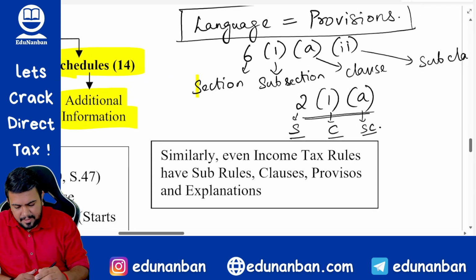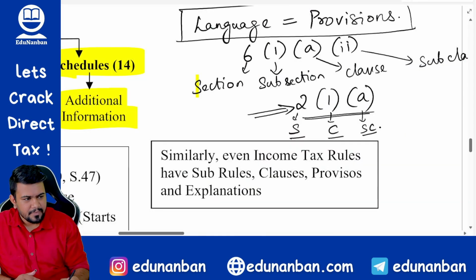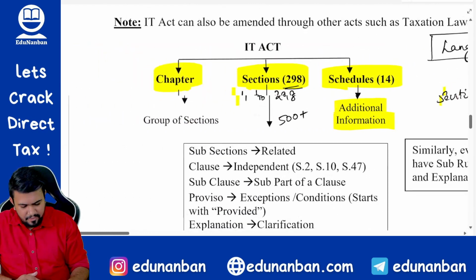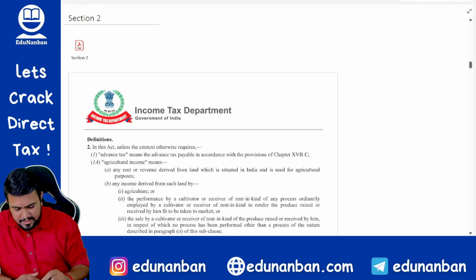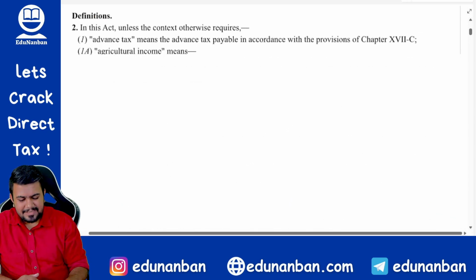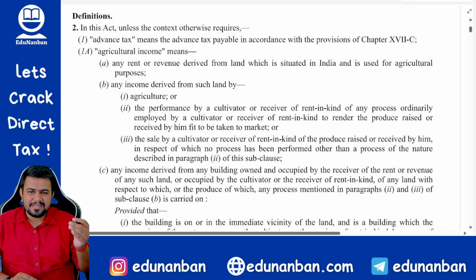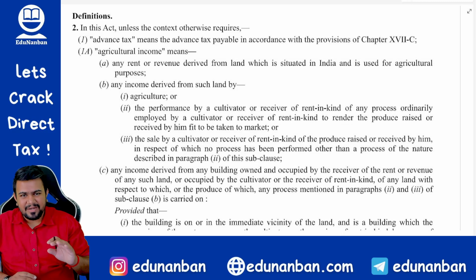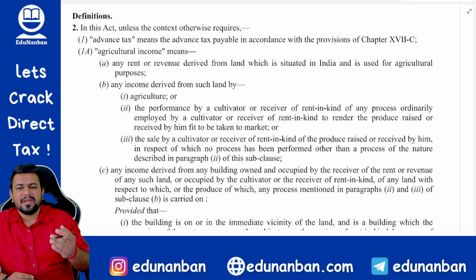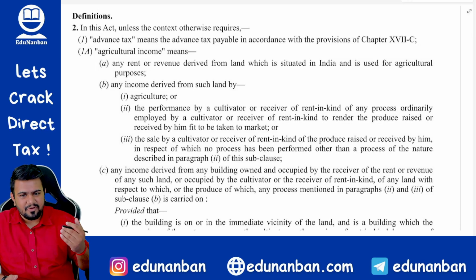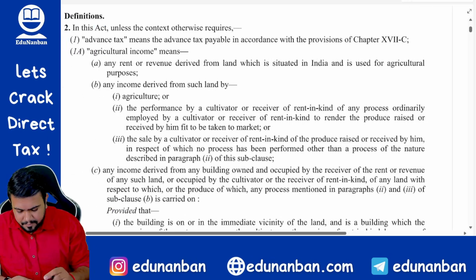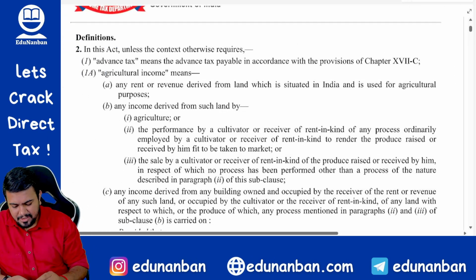For example, section number 2. If you come to section number 2, see here, I have given you the extract of section 2 also. Sir, this section 2 extract, section 6 extract, etc. is not there in your syllabus. If you want, you can go to the income tax government website, and from there you can download these sections and you can also view them. Okay. So see here, this is section 2.